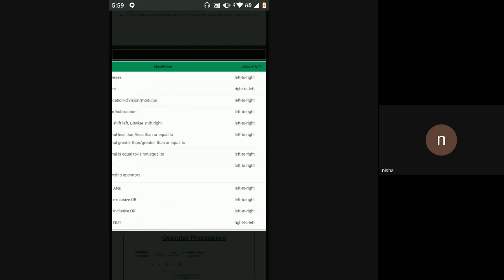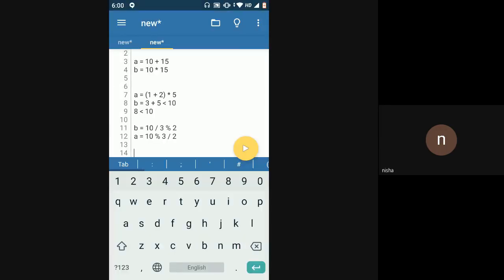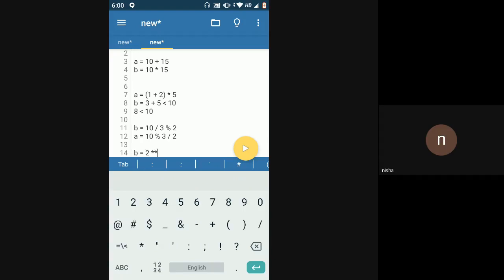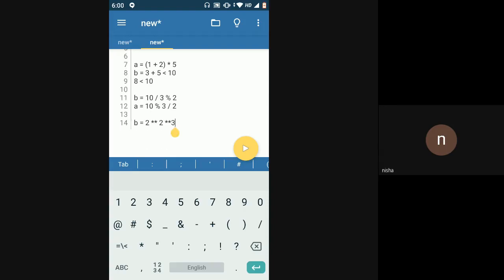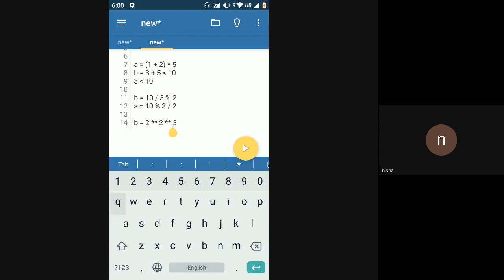What does that mean? If I have a equal to 2 exponent 2 exponent 3, now I have two operators in the same expression, which are on the same level of precedence, right? In this case, what will get evaluated first?